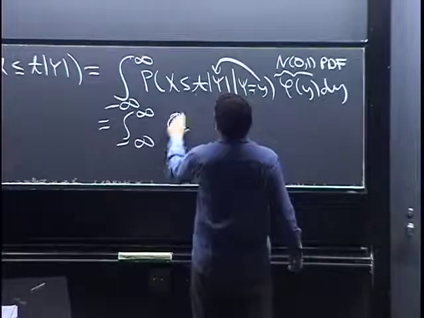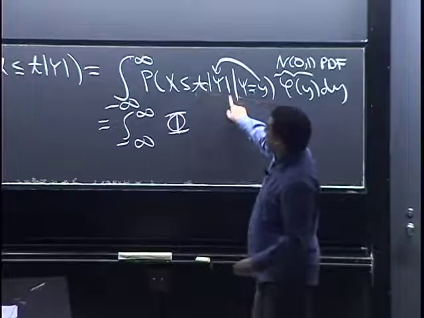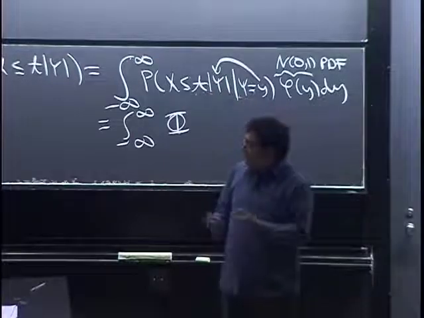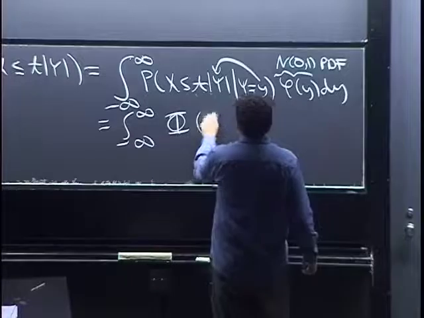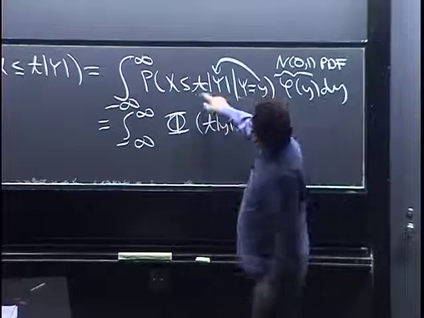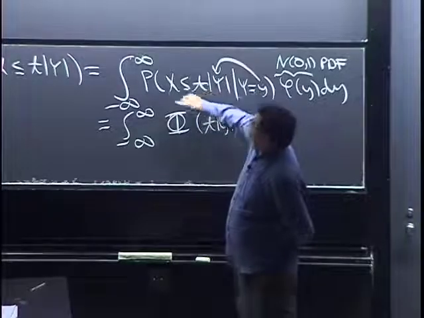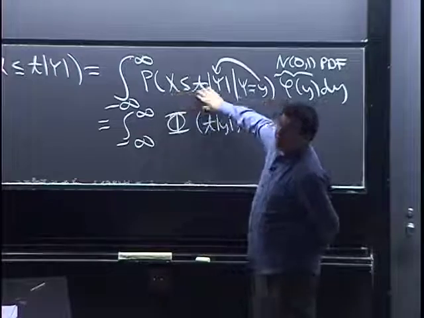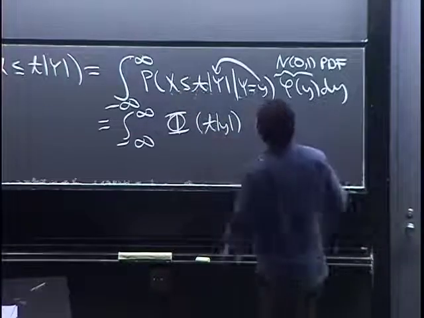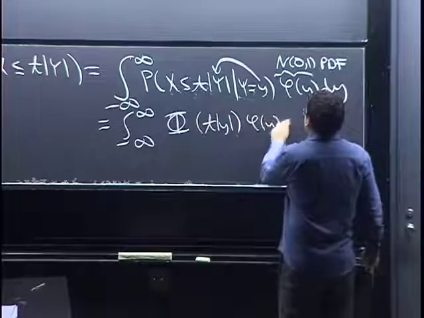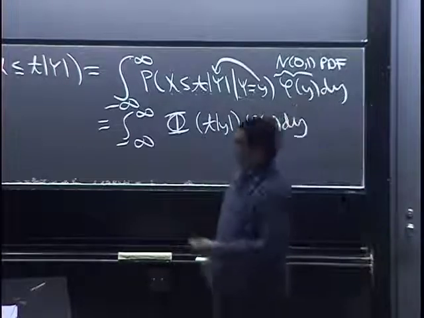The probability that X is less than or equal to t absolute value of y is just Phi of t absolute value of y, just by definition, right? Because we're plugging in y, that's just a constant. Probability of X less than or equal to some constant is just the standard normal CDF evaluated there, phi of y dy,